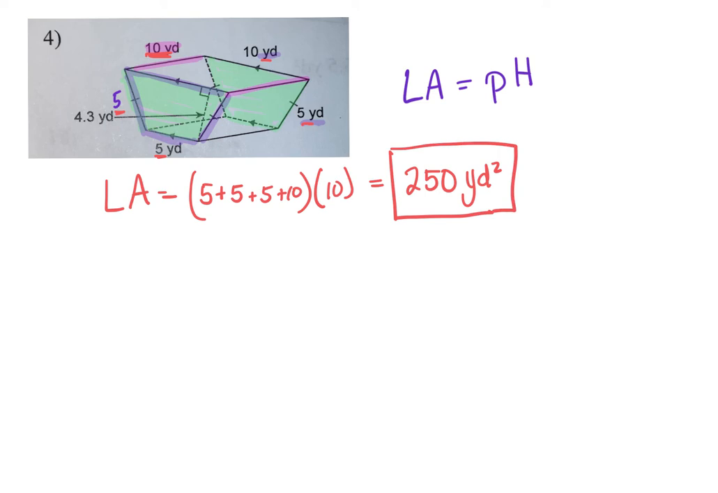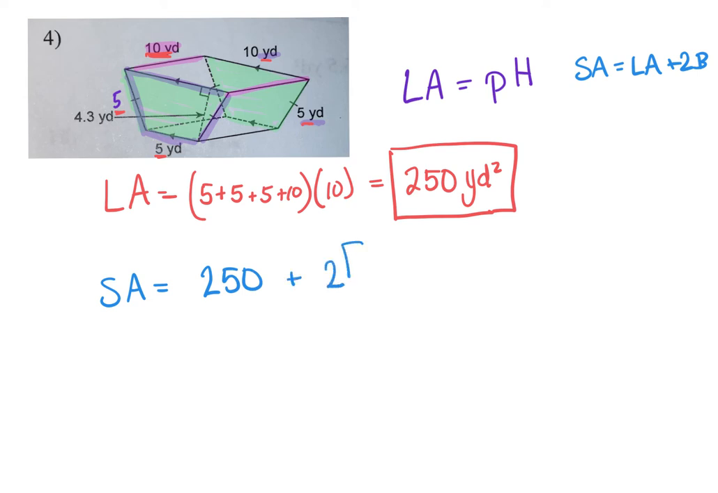250 square yards. All right. And then I am going to do the same thing that I would do. My surface area. My surface area is my lateral area. This is a prism, so I have two bases. All right. So when I do surface area, I'm going to take that lateral area and I'm going to add